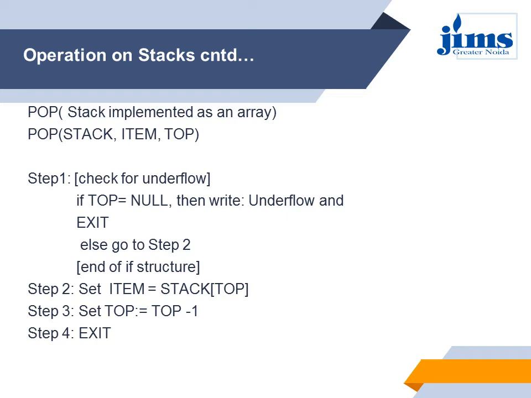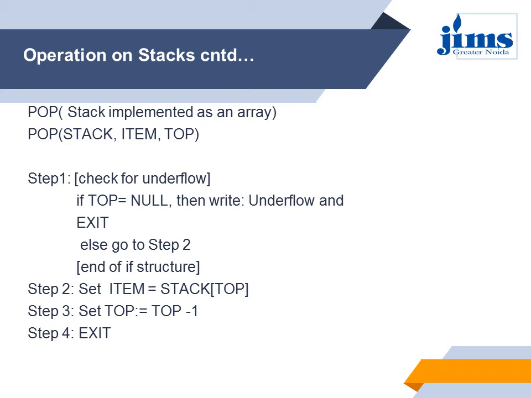So if it is not in the underflow condition, we have already discussed that whenever I am deleting any element, I should return the data value of that particular element to a variable so that it can be printed whenever required. So I'll set the item equal to the stack's top element, because since it is a stack, I can only delete the topmost element. So there is no question of which index position I should go to. The top element's value is passed on to the item variable, and now I have to remove this. So the top should reduce by 1.